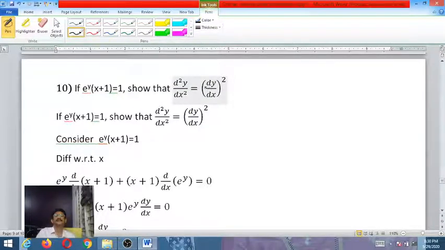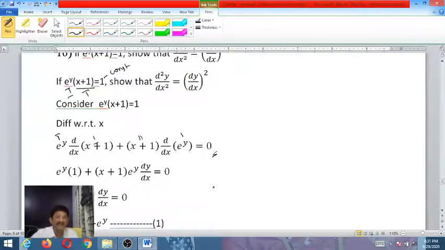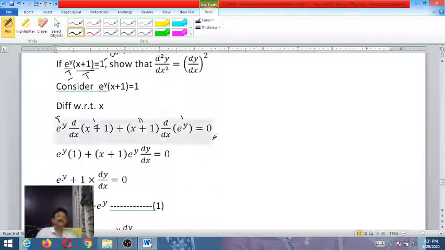Show this. So whenever d square y by dx square, we have to differentiate 2 times. Remember it. Both are different here. Consider this one. So here we use the product rule, with the first function and x plus 1 as the second function. 1 is nothing but a constant. So first into derivative of second plus second into derivative of first. So what is the derivative of 1? It is 0. So x plus 1 derivative is nothing but what? x derivative is 1. For 1 it is 0. Okay.